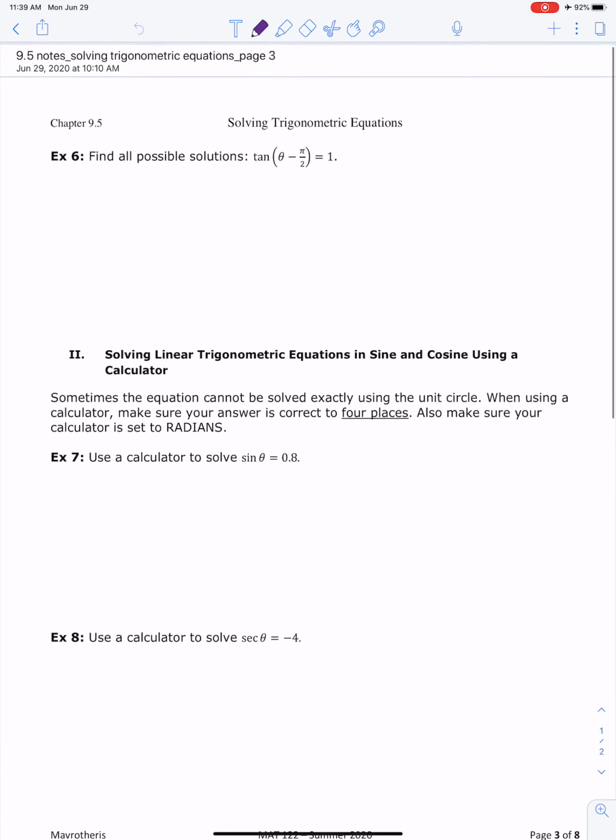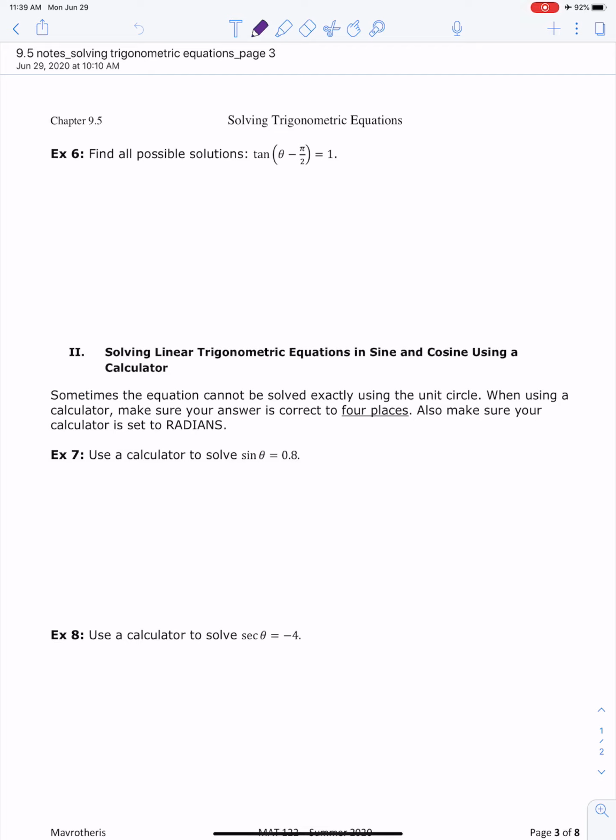Okay, these are chapter 5 notes, solving trigonometric equations. This is page 3. So now we're moving off of sine and cosine, and we're going to talk about tangent. A couple things we want to keep in mind. Period for tangent is